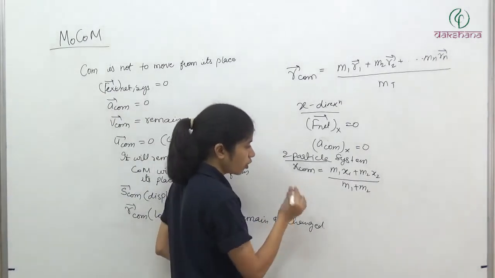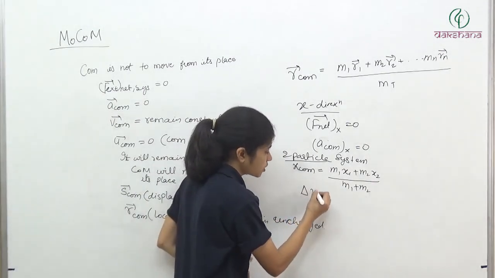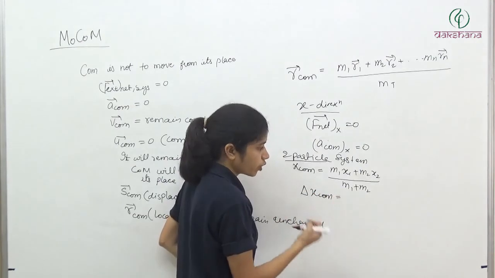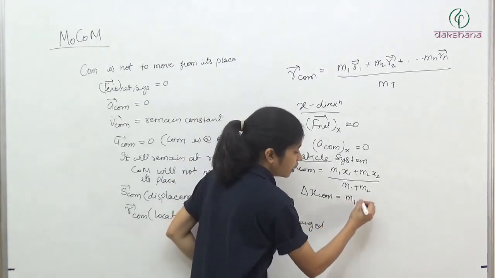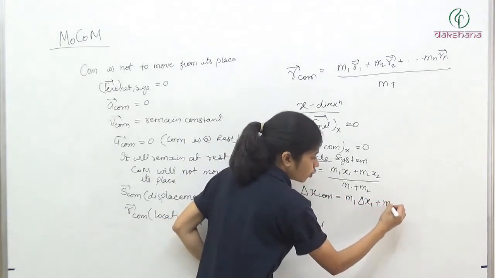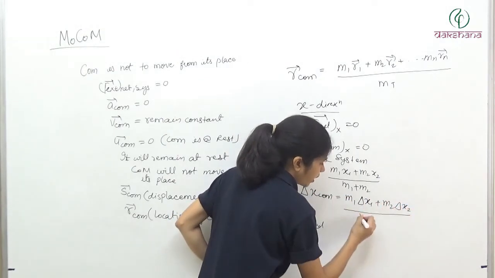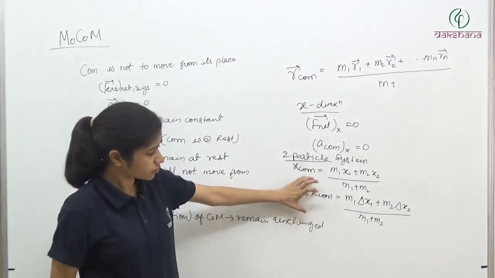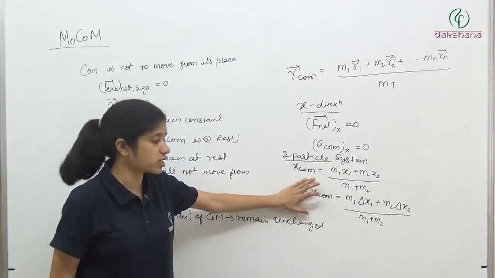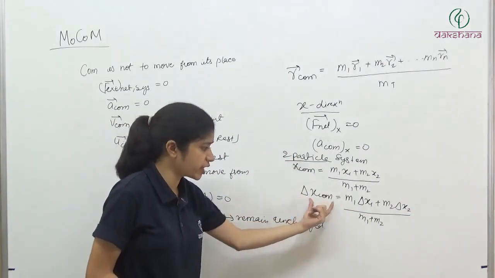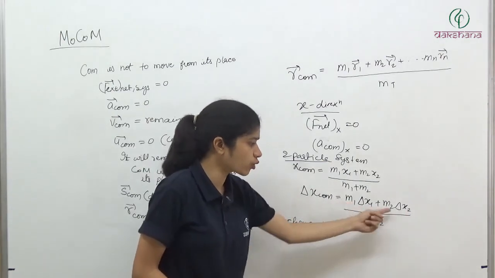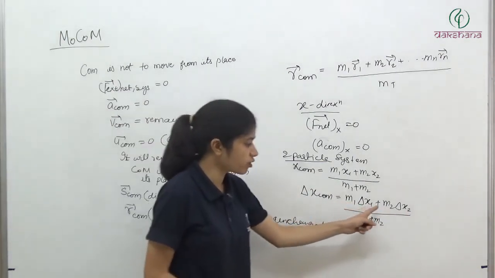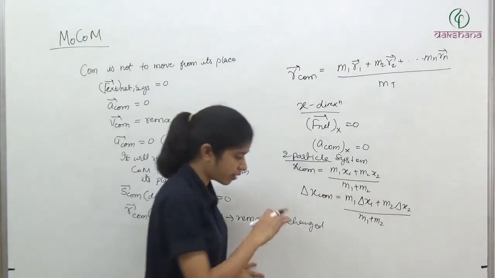तो क्या करेंगे हम, इसको differentiate करेंगे. तो delta x of center of mass, मतलब change in location of center of mass, is (m1 delta x1 + m2 delta x2) divided by (m1 + m2). ठीक है? तो यहाँ पे हमारे पास क्या जाएगा? Change in location of center of mass is equal to, यहाँ पे हमने इधर change लिया ना, तो यहाँ भी change, and these are going to be constant. So (m1 delta x1 + m2 delta x2) / (m1 + m2).